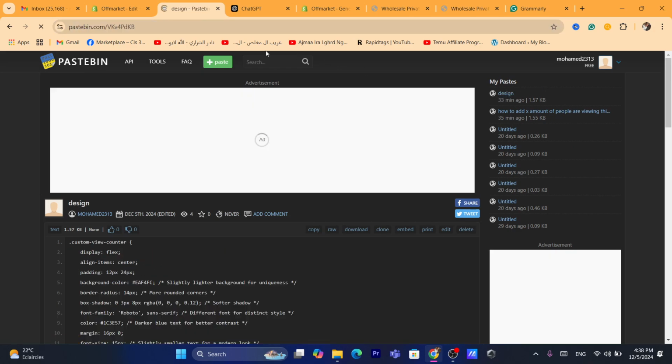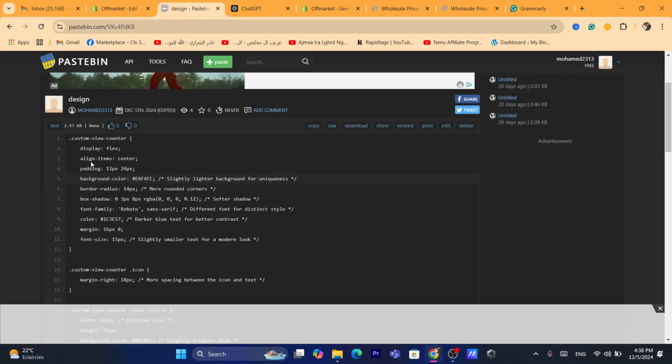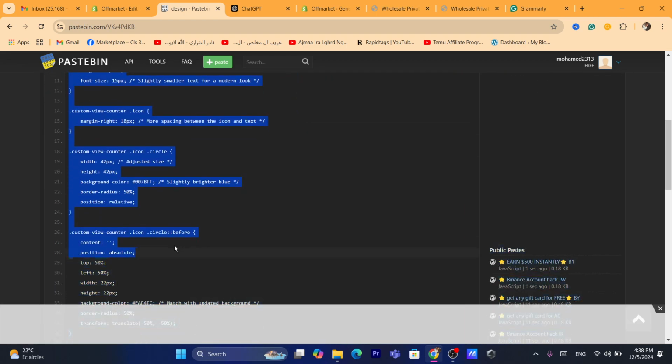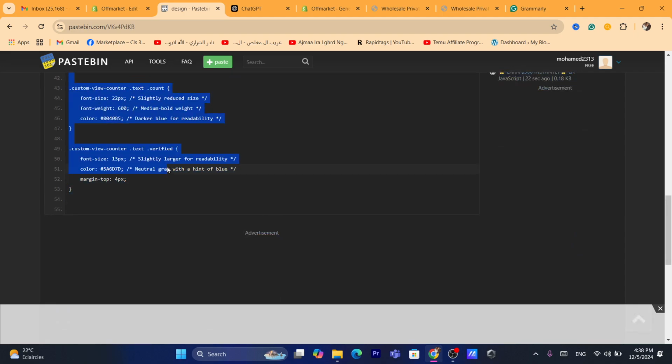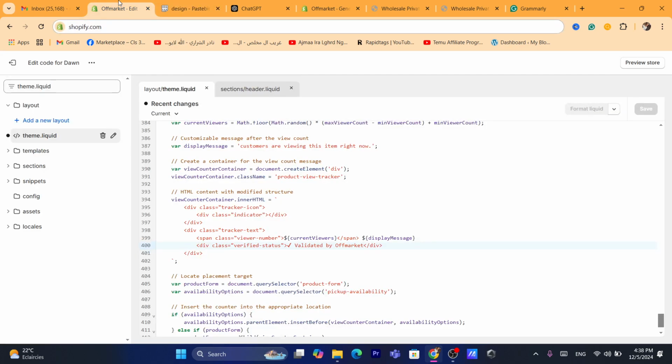I'm going to click on the code right now. I am going to add this code in the description. Like I said, I will add 2 codes. Now we want to copy the code, copy the whole code, or highlight the whole code, right click, copy, and then go back. Next thing you want to do, instead of searching for theme liquid, you want to search for